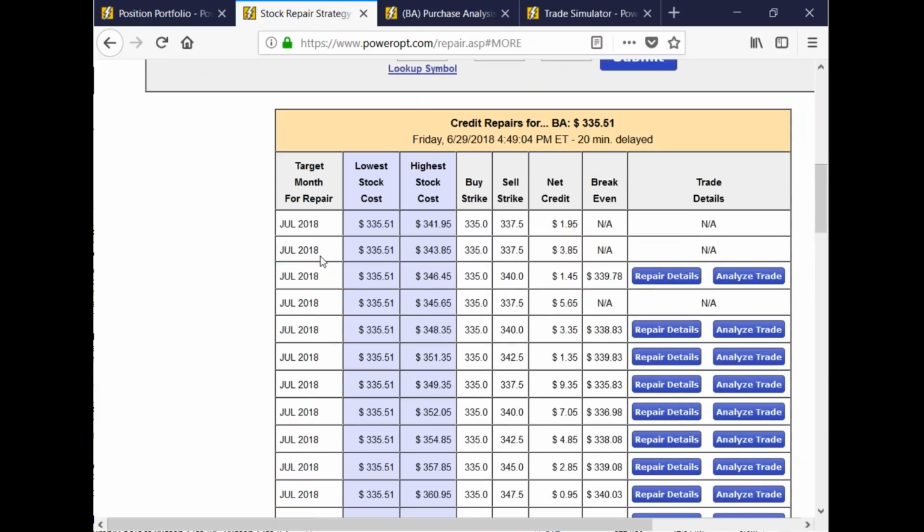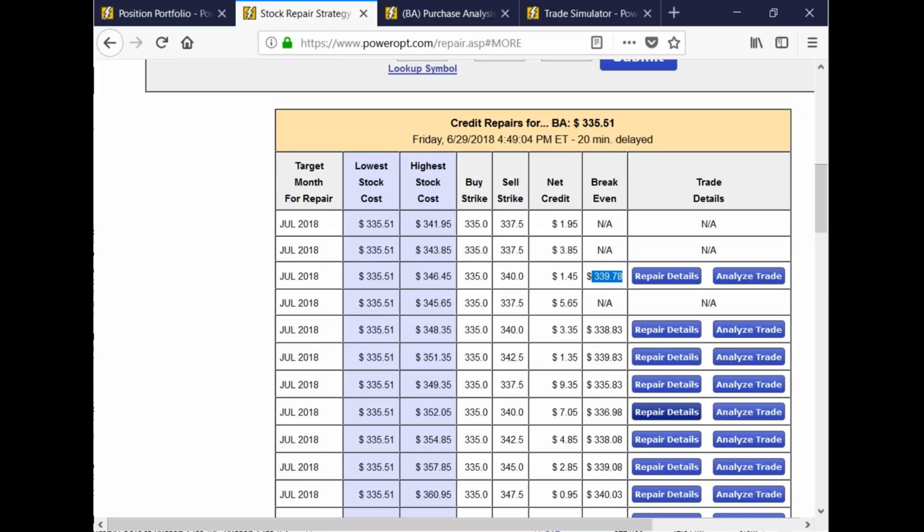What this tool does is it builds ratio repairs. There's credit and debit, so you want to focus more on the credits. But what you're essentially doing is looking at options to buy one and sell two. So we'd buy one 335 and sell two 340s for a credit,